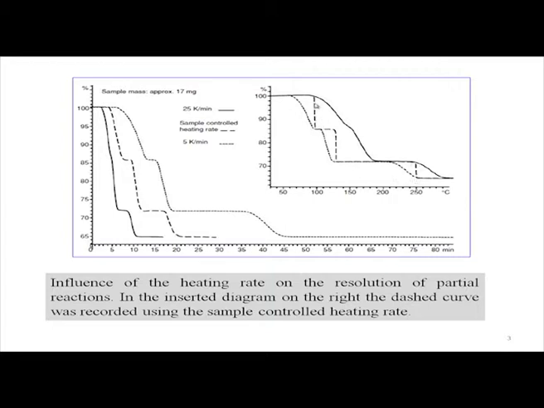So, you see how clearly we get this point as the temperature which is pretty close to 95, the second one is also pretty close to 140, and the third one is also pretty close to 250 degree centigrade. So, these are the typical advantages of going for a sample control heating rate, which basically changes the shape of these things.